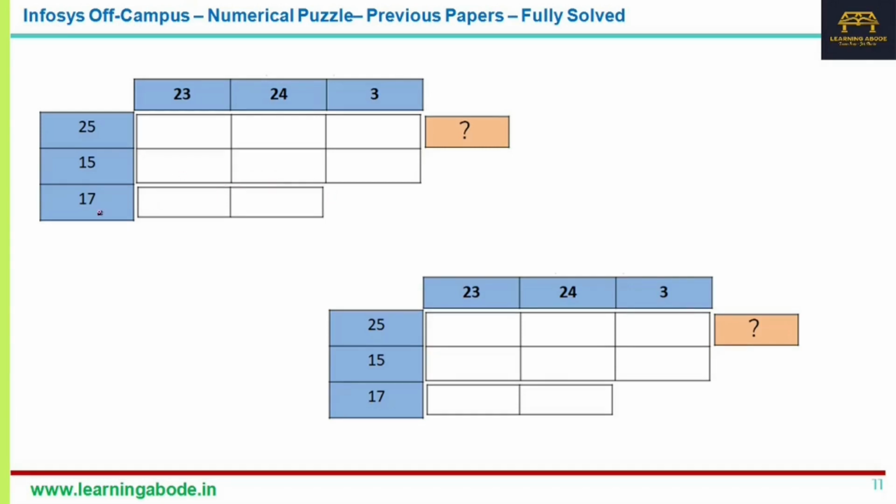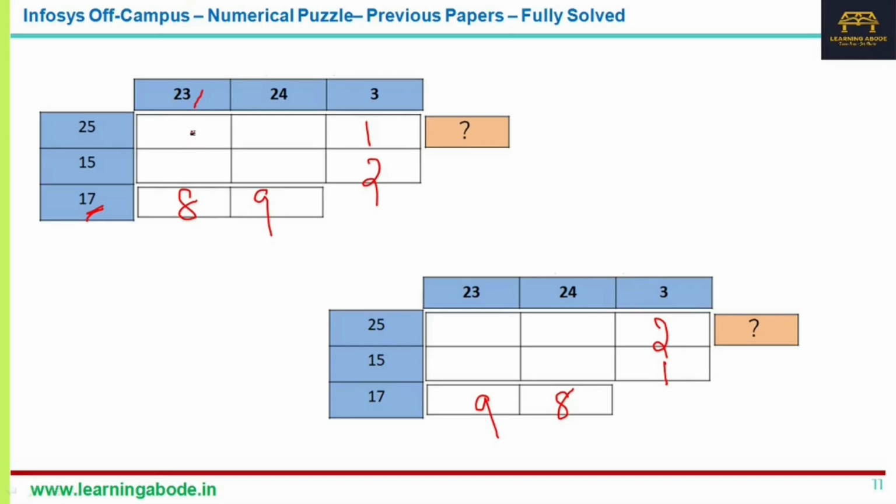So here for example you have 17, so you can write 8 and 9, or it can even be 9 and 8, both are possible. Likewise here you can have 1 and 2, or it can be 2 and 1. Either it can be 2 and 1 or 1 and 2, both are possible, right? And now you have 15, so 8 total is 23. If you take away 8, the remaining is 15.